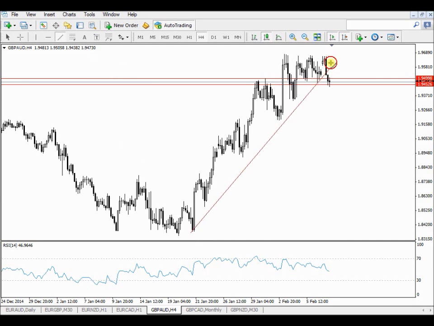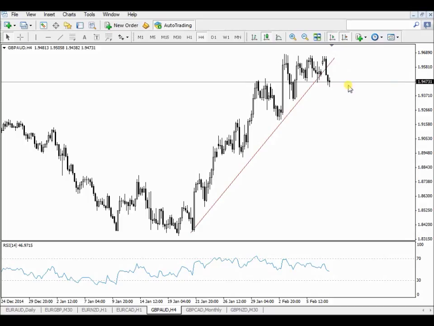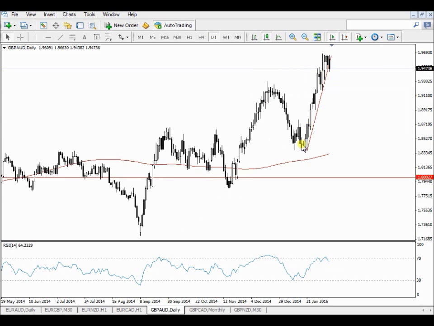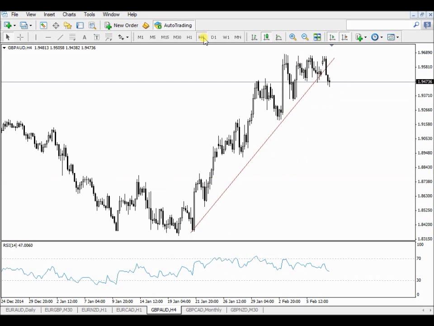So what do you want to do in this market? I'm just doing it randomly, guys. That is your trend line. Remember, we're in a bullish market. We're plotting out support here, and we can already see that this market is trying to break. This is something else. This market is trying to break that trend line. So this market is attempting to turn around. It did not turn around yet. The bears are still not in control. The bulls are still in control. The buyers are in control. The market is going up.